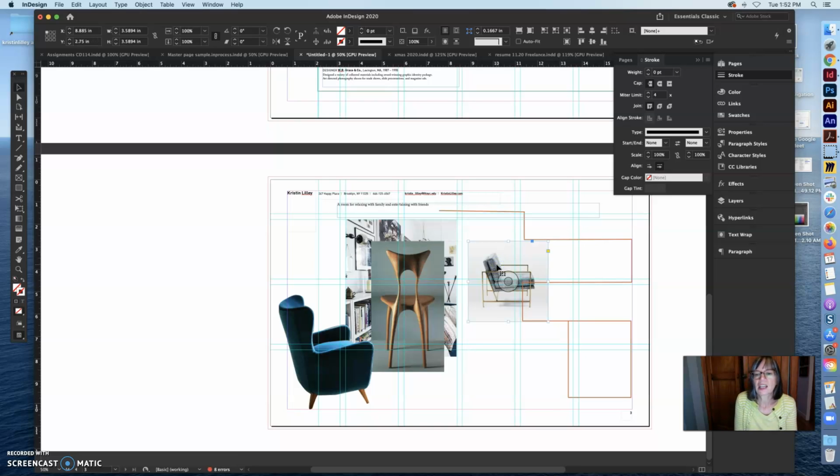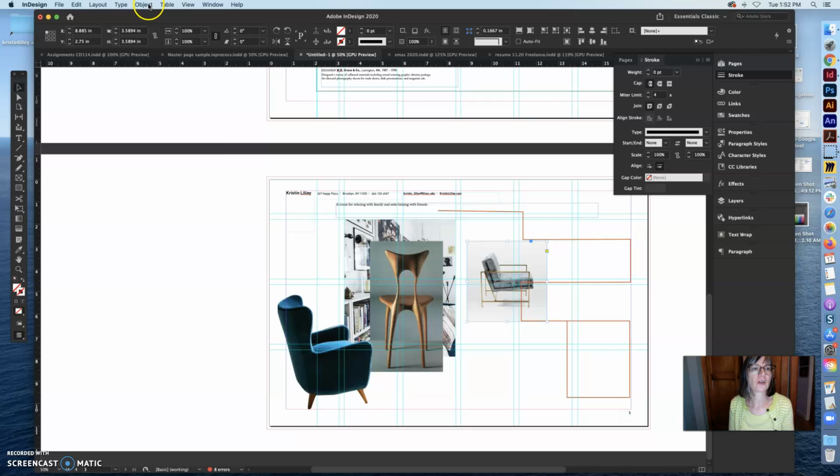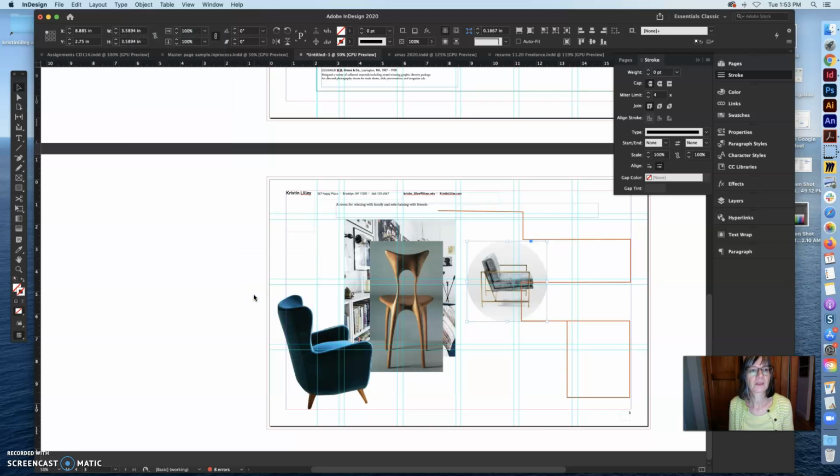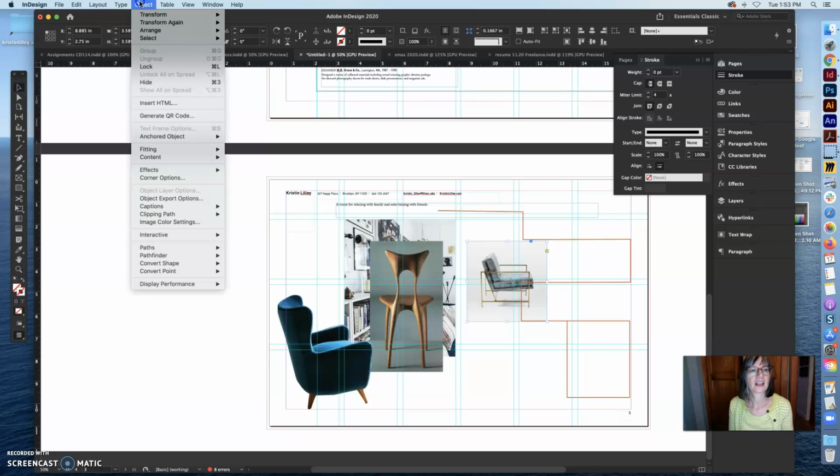So you can change the shape of something by going under Object, Convert Shape. So I can make this an ellipse. When I click ellipse, if you look up here, it is a perfect circle, and it is only a perfect circle because this started out being a perfect square. If this wasn't a perfect square, and I did that again,